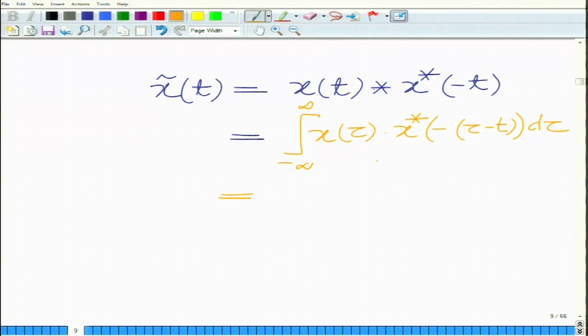This follows from the definition of the convolution. So, this is integral from minus infinity to infinity x of τ x conjugate of τ minus t dτ,